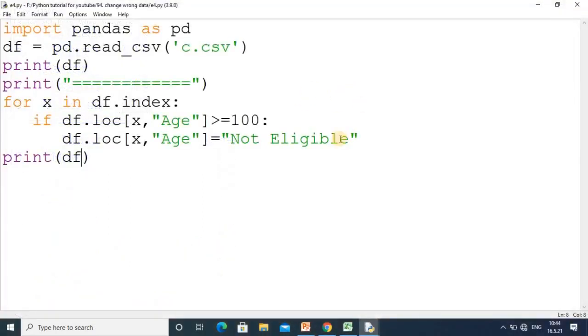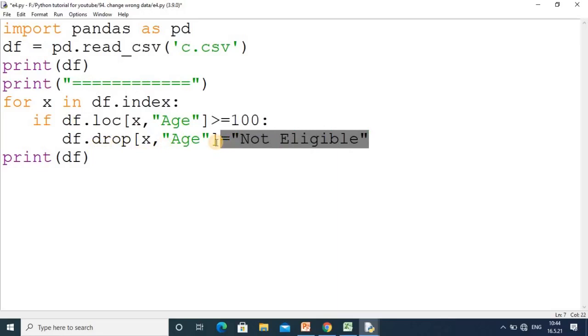Now suppose in place of getting this, I want to drop that record. If you want to drop that particular record, you have to use the drop method here, and here you should not write anything, and you have to set inplace equals to true.